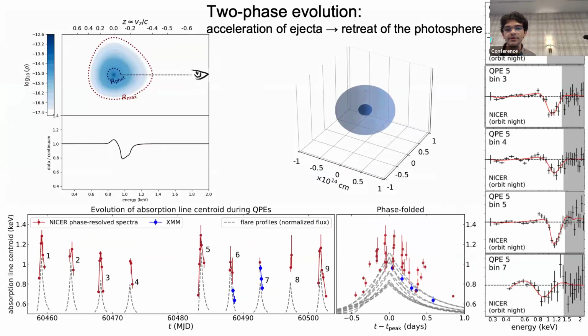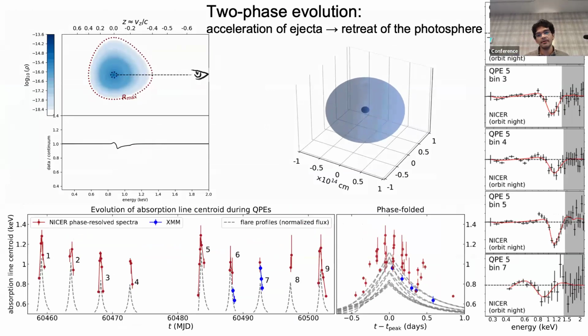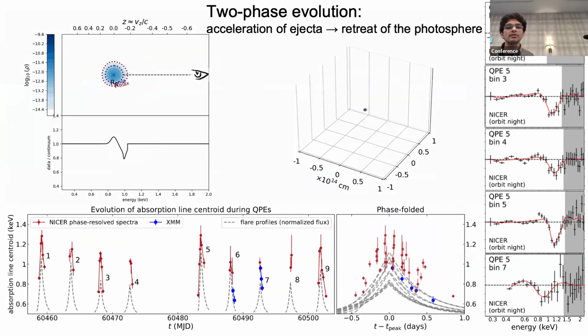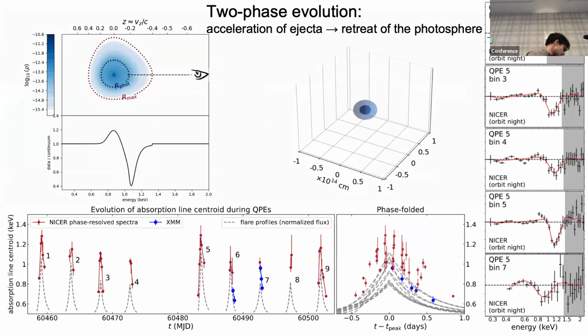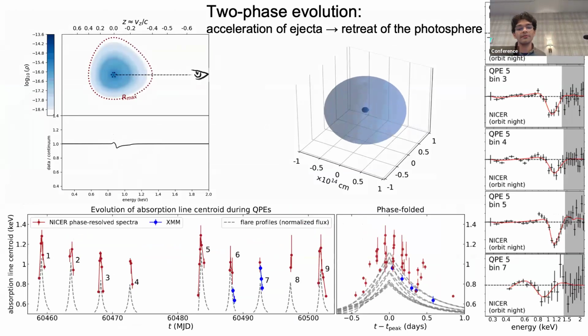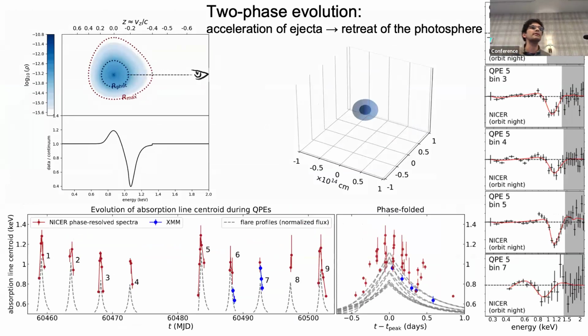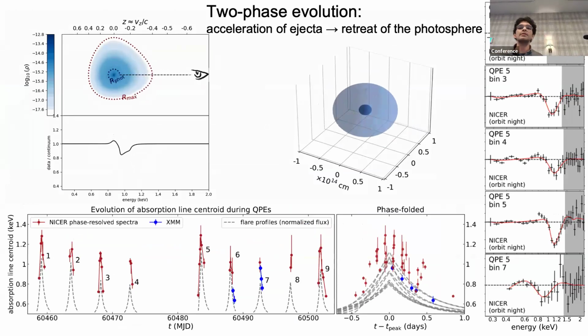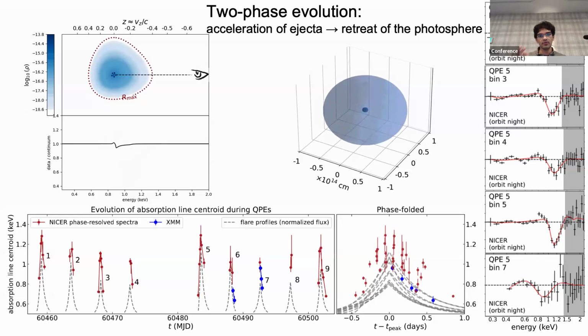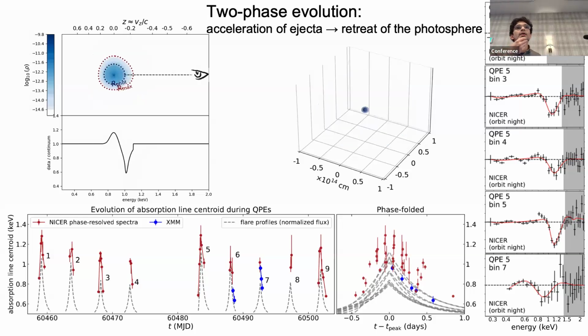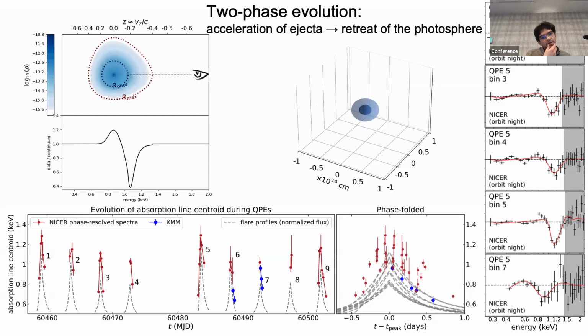I mean, there are a lot of parallels in the properties and the energies at which it's observed. I would say the main difference in my eyes is that in this QPE, we see all of the line properties evolve over kilosecond timescales, whereas in 1ES 1927, I think they only change over longer timescales of months or so. So I don't think it's quite the same dynamical picture. But you know, there are some similarities to be drawn.